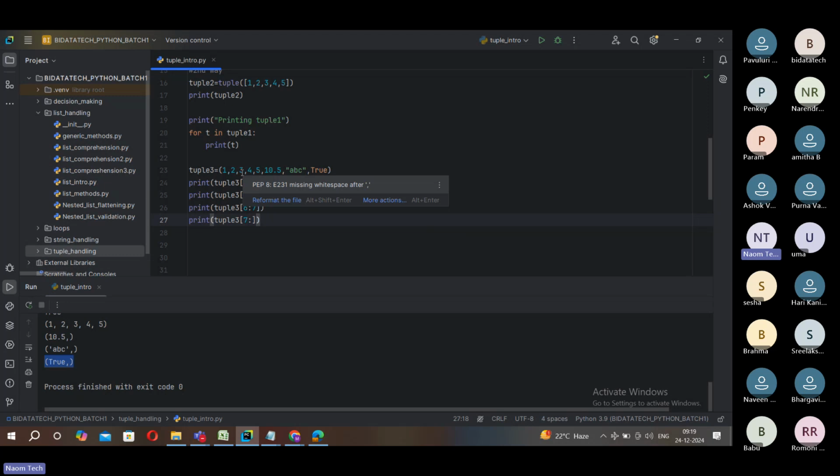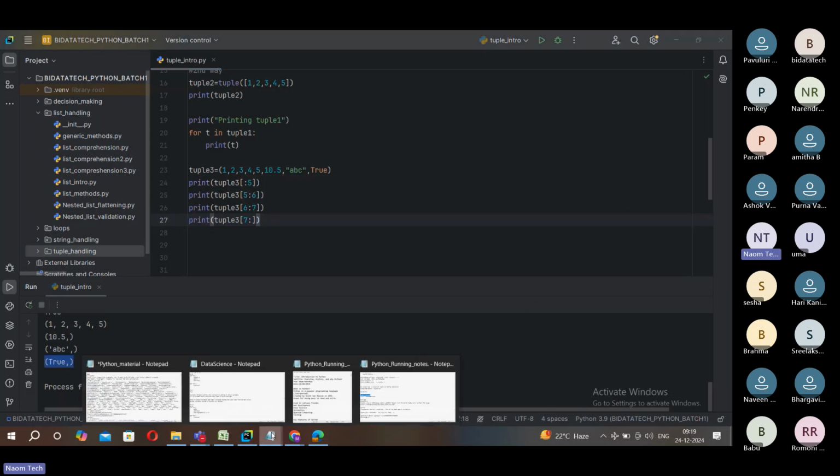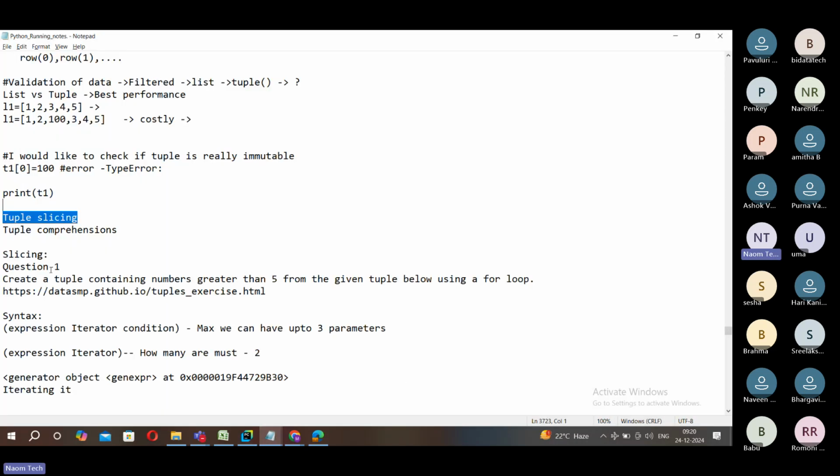On any indexed data structure, we can happily apply slicing. Got it right, friends. So that is one more thing. Next, after slicing, which we have covered,